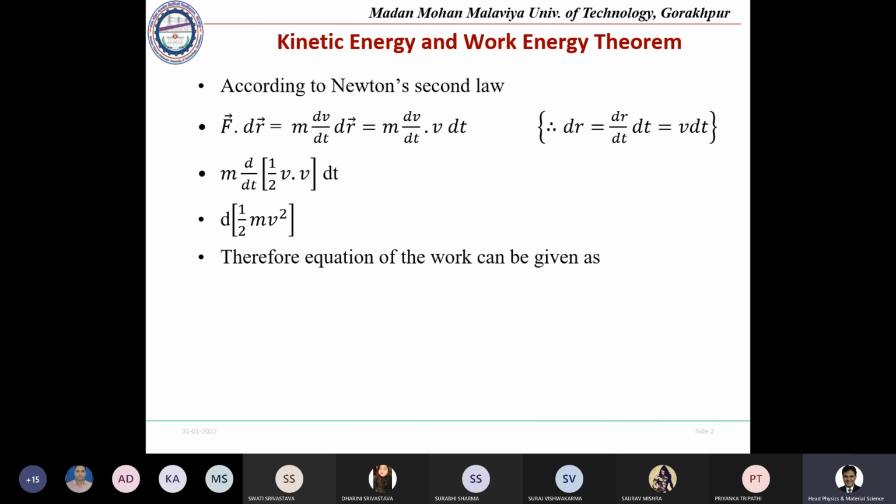ओके, तो therefore the equation of the work can be given as W12. देखो अब यहाँ वर्क किया गया क्योंकि शुरू में वो गलती थी, हमने वर्क से ही शुरू किया था, but by mistake we have written only F there. तो work done from 1 to 2 is equal to integral 1 to 2 F dot dr is equal to 1 to 2. जो हमने वैल्यू यहाँ पर लिखी हुई है कि d विद इन ब्रैकेट हाफ mv स्क्वायर, उसकी वैल्यू पुट कर दिया गया